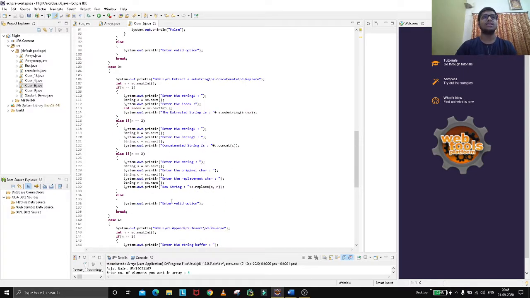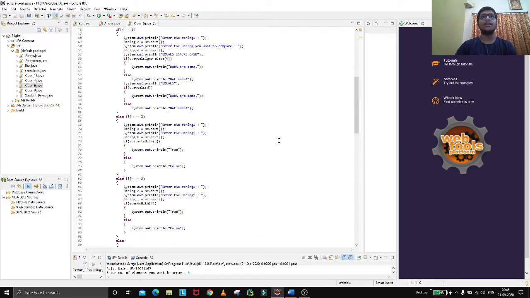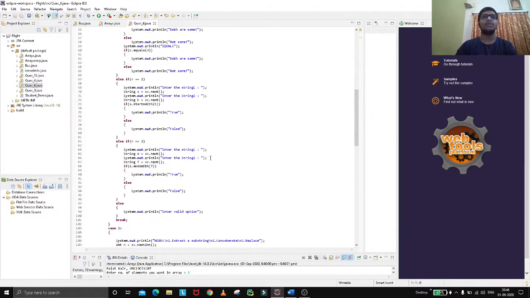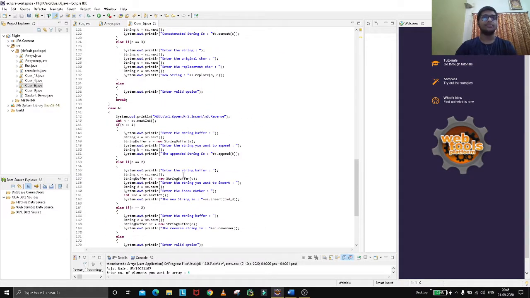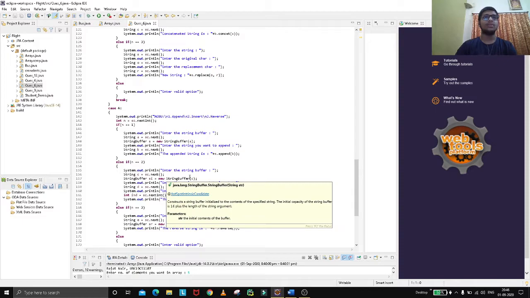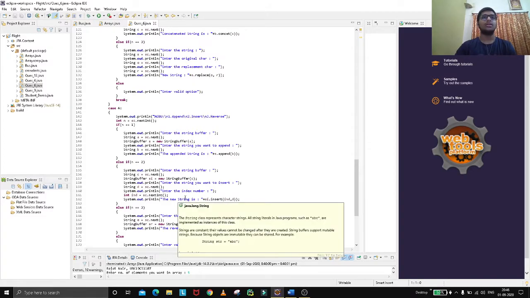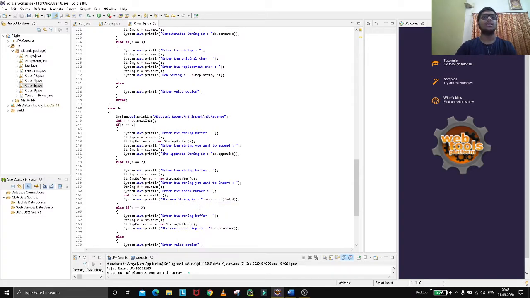So case 3 is also done, and the last case is string buffer. String buffer will append, insert or reverse. For appending, we need to give a string, then give another string you want to append.